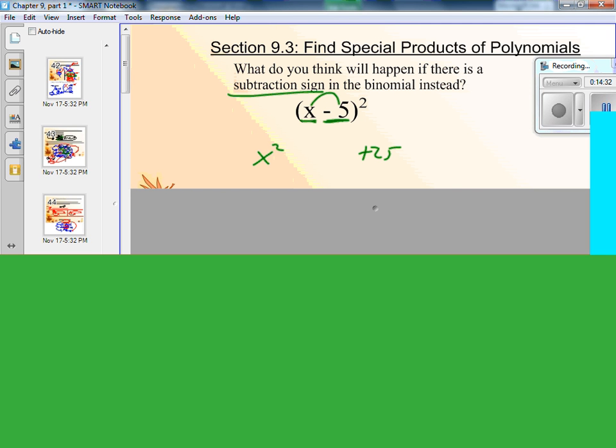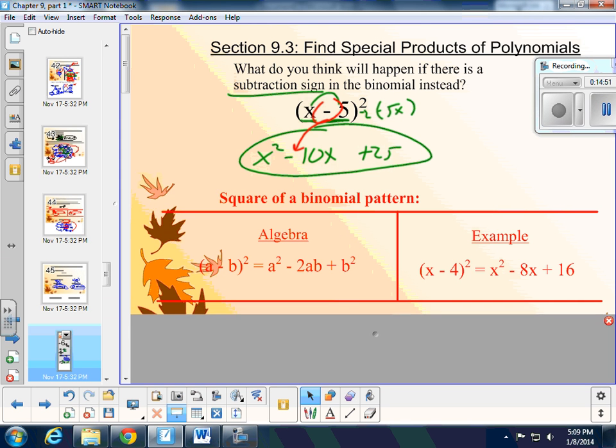What happens when I have subtraction for my binomial? Well, all that happens is that middle term ends up being negative. And that's what I'd like you to write down here. I know this looks pretty similar to the one you already wrote down. But it is subtracting 2 terms. If you have a binomial